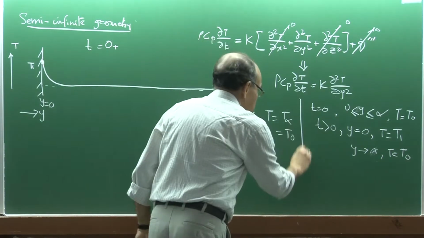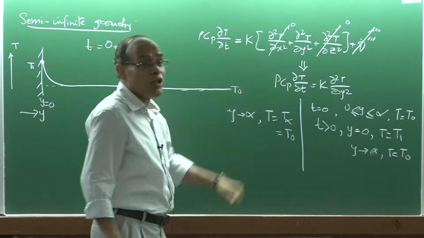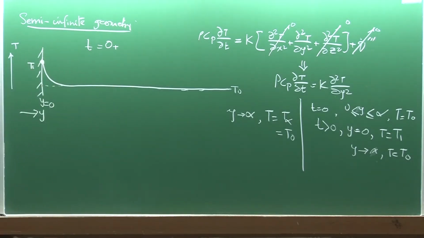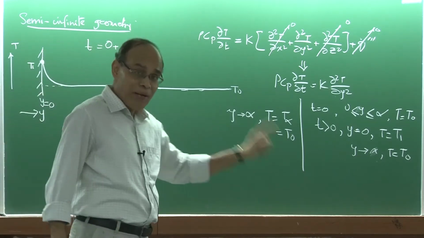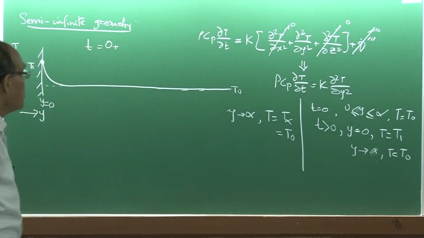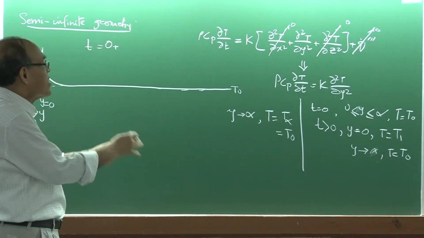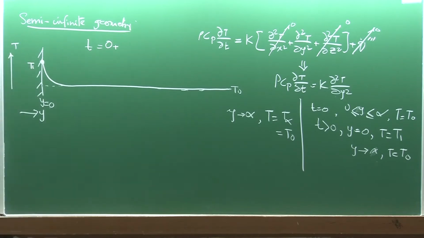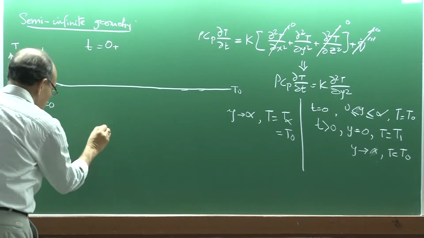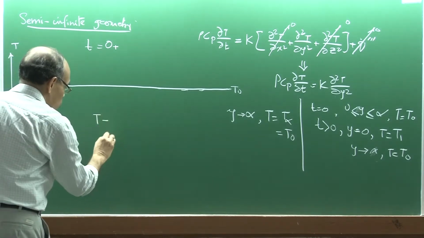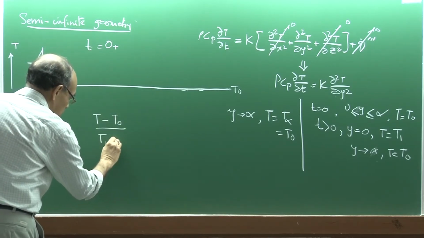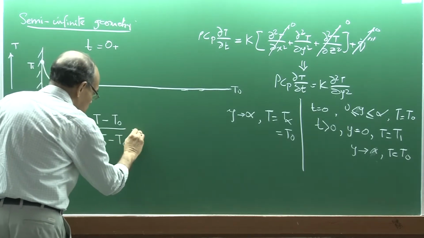Now, subject to these initial conditions and boundary conditions, we can solve this equation. The solution, of course, once again I am not going to outline in the class. Here the solution is not by separation of variables, but one solves a plane source problem and then does superimposition and integrates the whole thing to provide the solution of the equation. In this particular case, the solution will come out to be (T minus T0) by (T1 minus T0), and that is going to be equal to